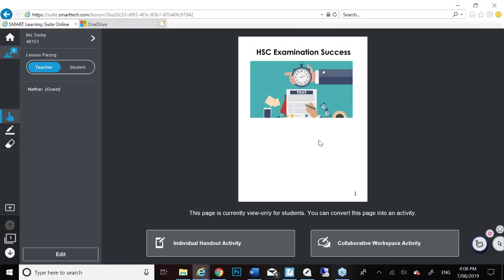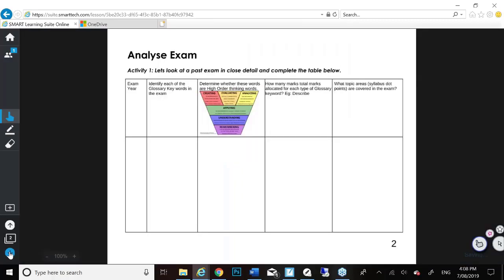as an individual handout or a collaborative workspace, or simply just grab my pen on the smartboard, and when it comes to analysing an exam, I like the idea of looking at past exams and just thinking about, well, what type of glossary words are used in each of the exams in the past? Which ones are higher order thinking words? So we can just start writing straight onto the board,